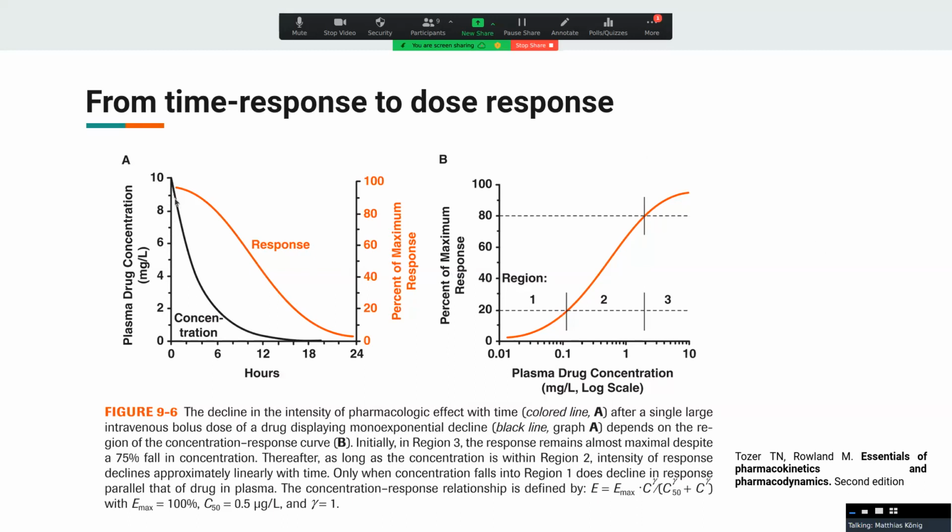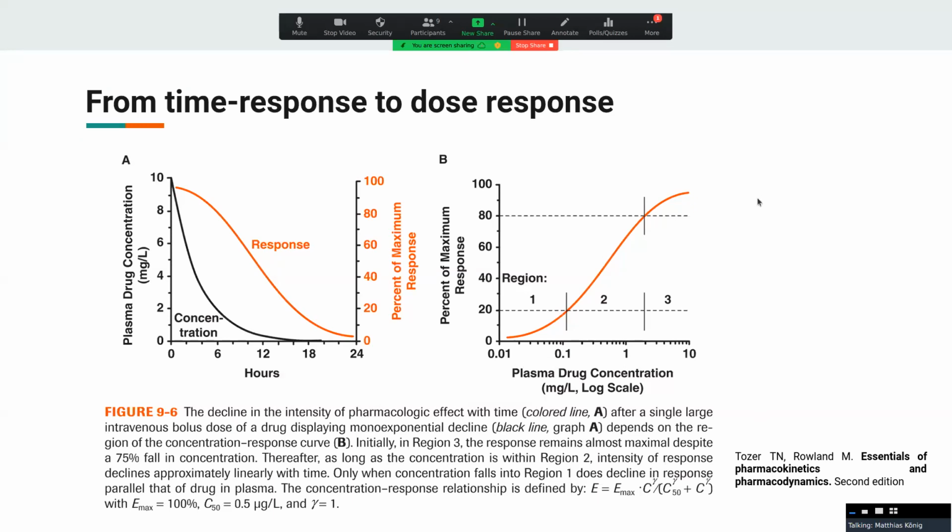So often, if you give a drug, you get this concentration time curve, and the concentration decreases over time. But then you see a certain response, and this response doesn't have to have the same behavior as the concentration. So you often have a different curve shape in the response, and often also time delays, so that the response comes later than the actual drug you have given, and that you have some nonlinear transformation. This is often why the response looks different than the actual pharmacokinetics. It is due to this nonlinearity in